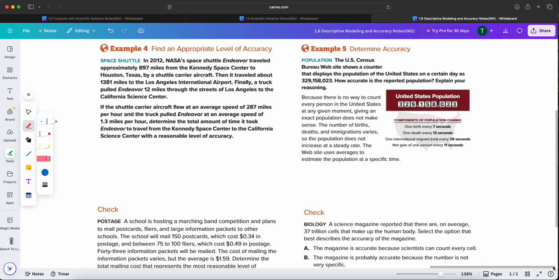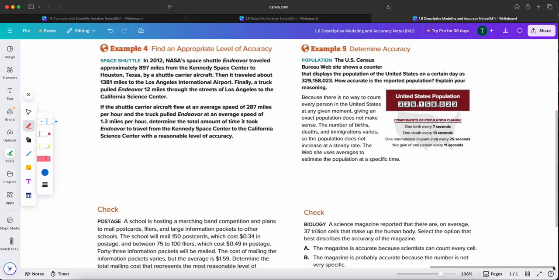Science Center. The shuttle carrier aircraft flew at an average speed of 287 miles per hour, and the truck pulled Endeavour at an average rate of 1.3 miles per hour. Determine the total amount of time it took Endeavour to travel from the Kennedy Space Center to the California Science Center with a reasonable level of accuracy. So, if we think about this, we would want to add